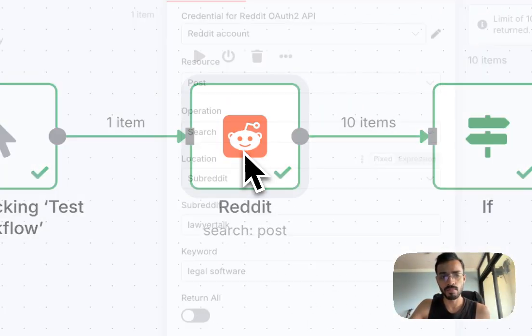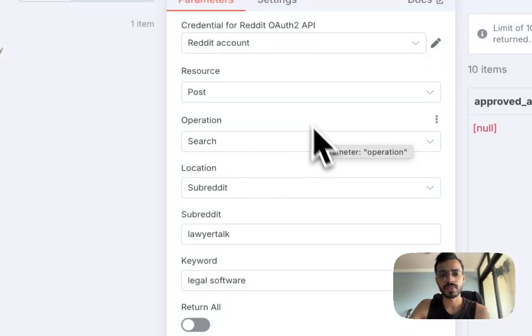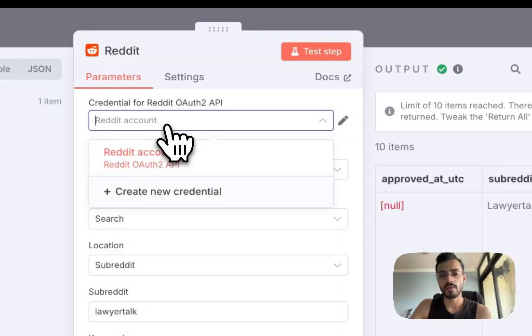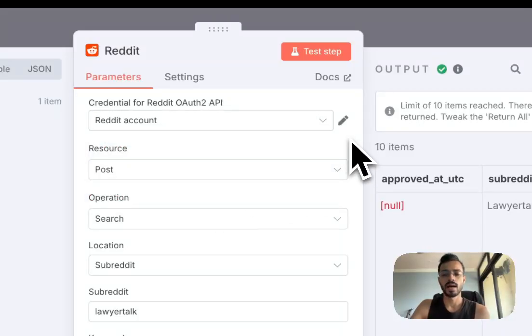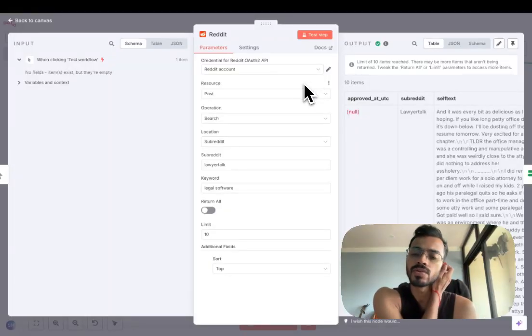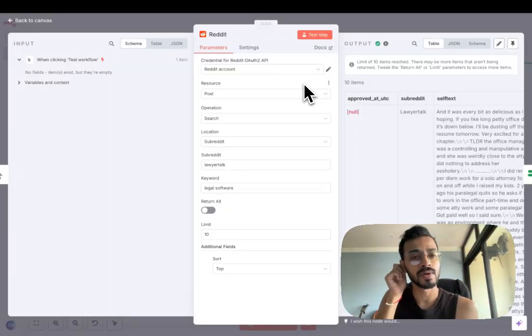I'm just going to open this and show you how it works. First we have to connect to your Reddit account, which means creating a new credential and connecting your API account. A simple Google search will tell you how to do that. I'm not going to show you this in this tutorial, but if you have questions, let me know and I'll help you out with this.